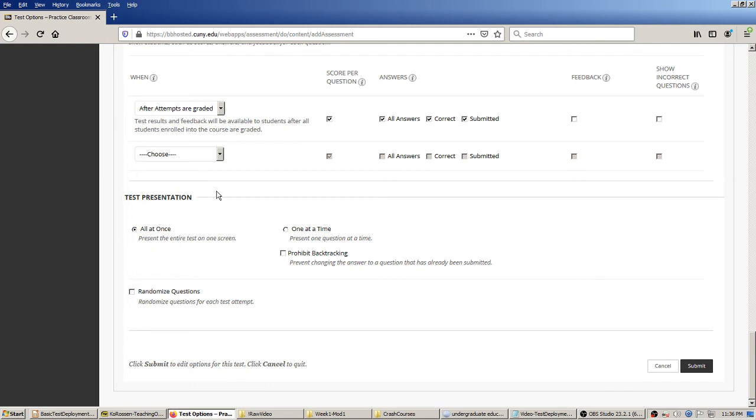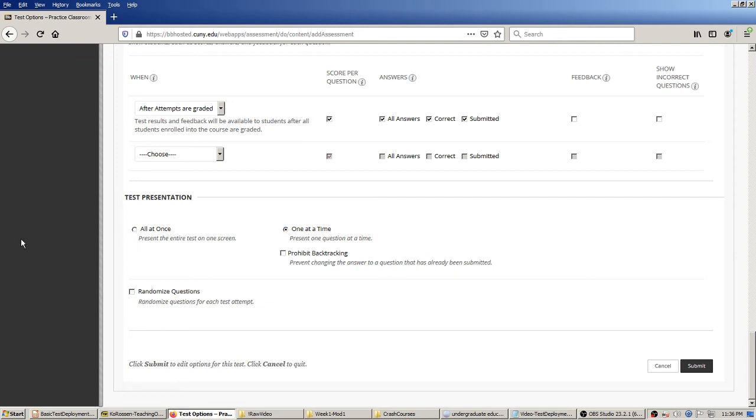Personally, I actually always pick one at a time. Now my thinking here is I'm trying to have less of an information overload for the students. So I think that it's mentally cleaner for them to be focused on just one single thing is what I'm thinking about. Could be crazy about that, but I do set it to one at a time,